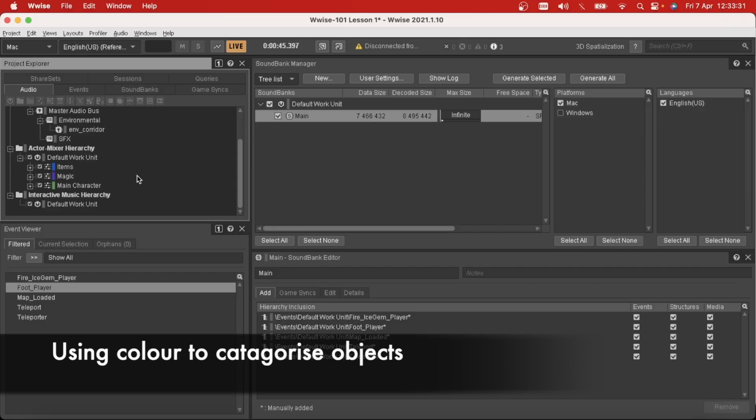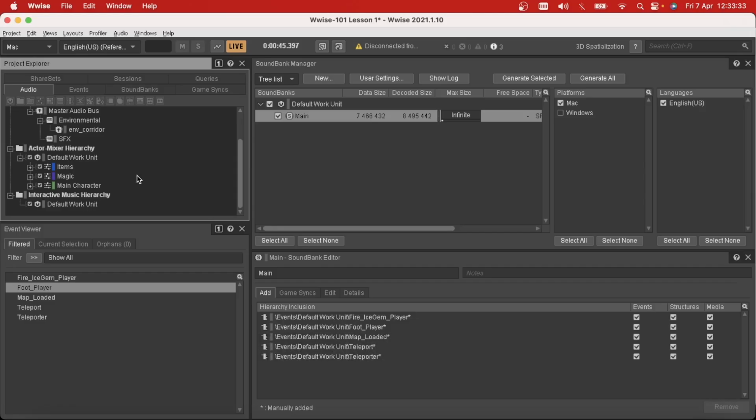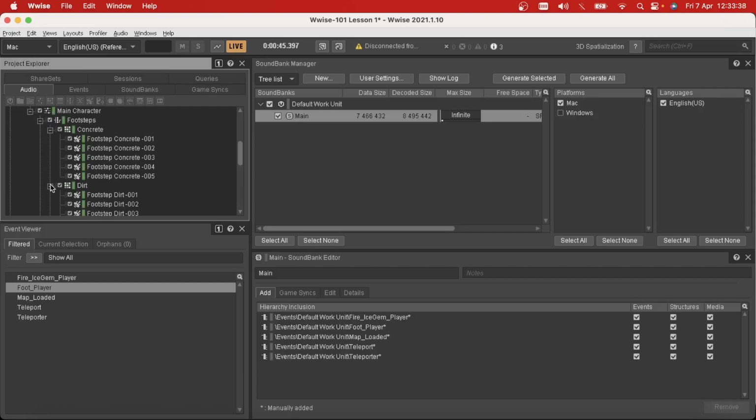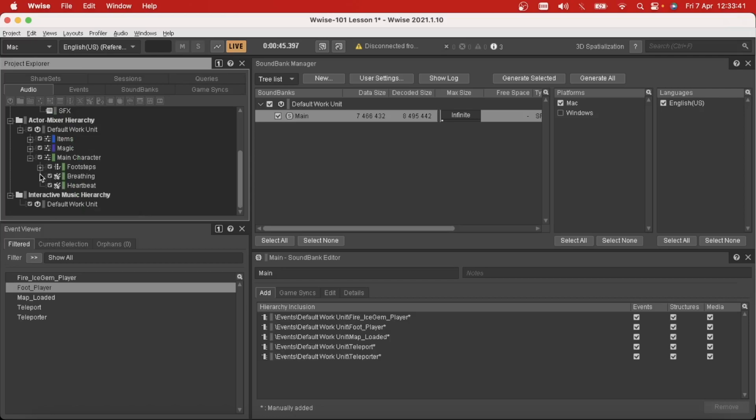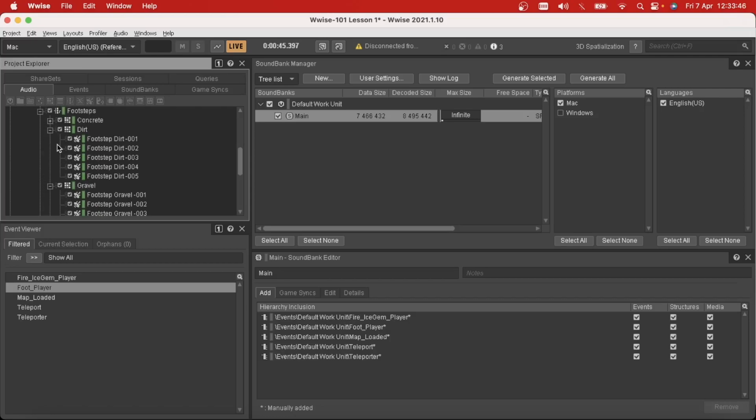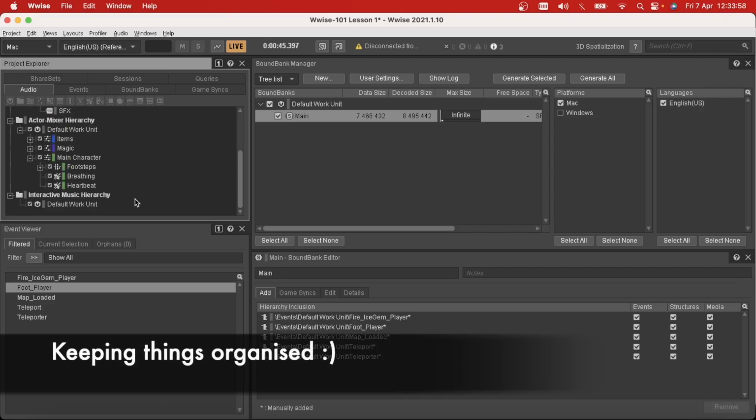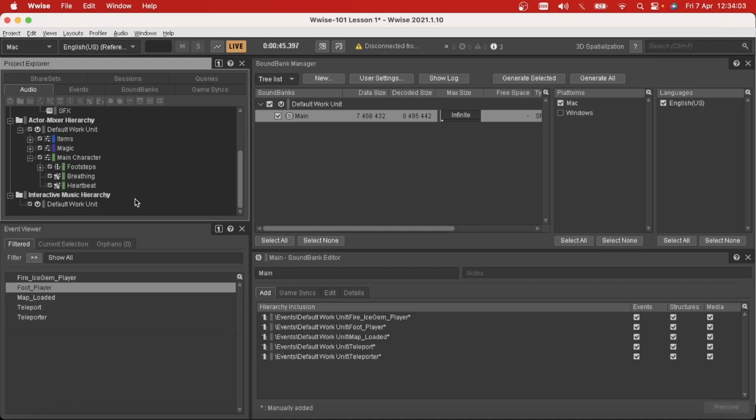So if I was later to go into the project and I wanted to add stuff for the main character, I can go into the main character actor mixer. Maybe I wanted to add another footstep, so I can go into the switch container, add another random container, and I have a new footstep working. So it's just a case of keeping things organized, have it color coordinated, all condensed so that it's easy to